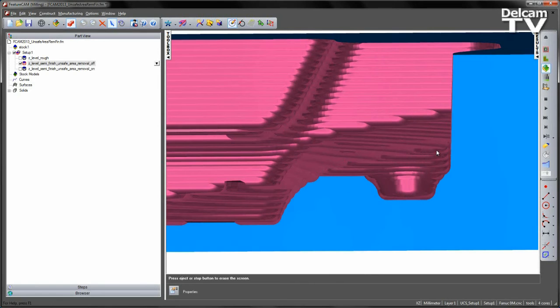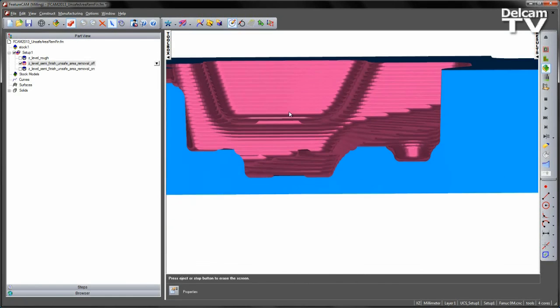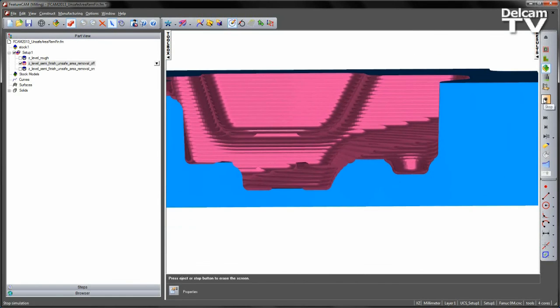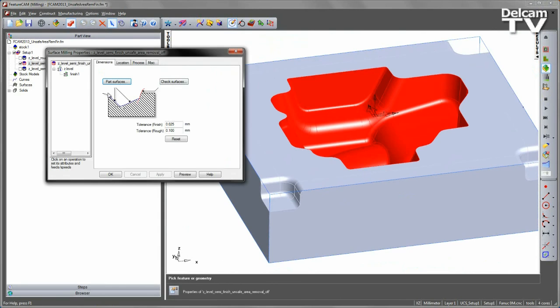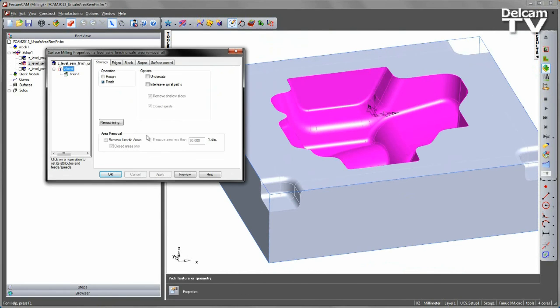So what we need to do is use the unsafe area removal tool. We do this by using the option in the toolpath itself. So I'm going to go into the properties of the process, into the Z level, and I'm going to choose remove unsafe areas. In this case I'm going to set the size of 80% of the tool diameter. Apply, say OK,